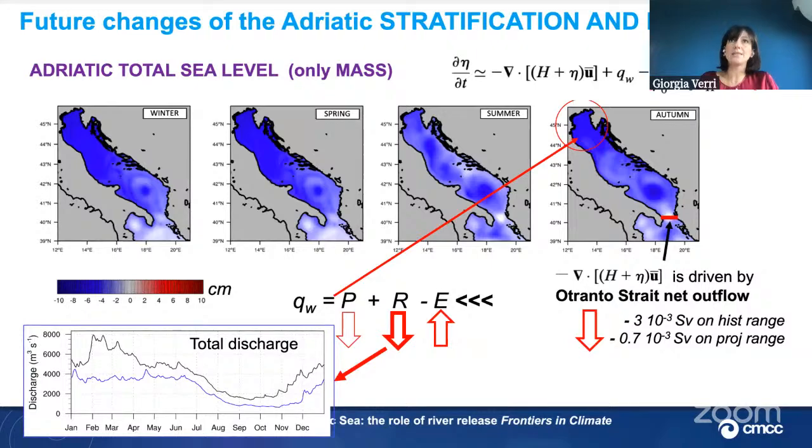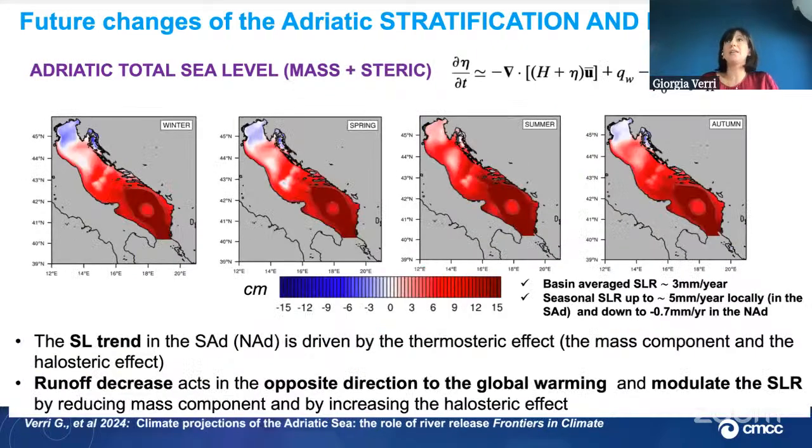However, if we add the steric effect, which is basically the additional term in our total sea level equation, which is conditioned by the temperature change and salinity changes, the resulting total sea level for the Adriatic Sea changes sign. So we should expect a sea level rise through all seasons and also through all basins in the midterm future, with the only exception of the Northern Adriatic. So this is a quite new result that came out by this limited area downscaling we performed within the Adriatic project,